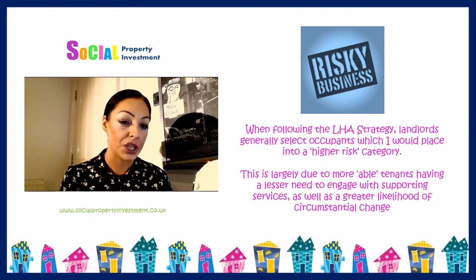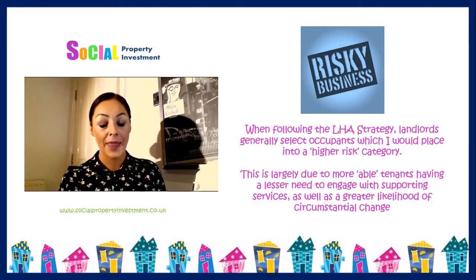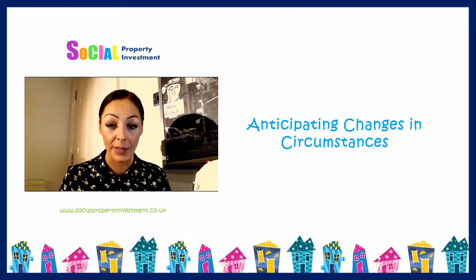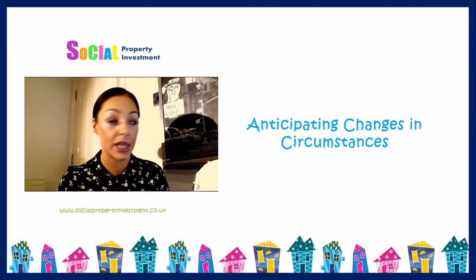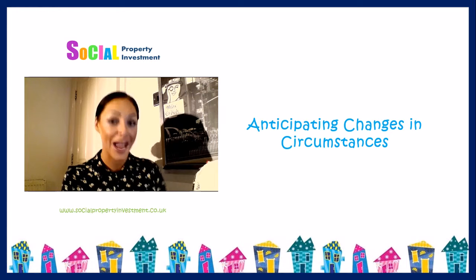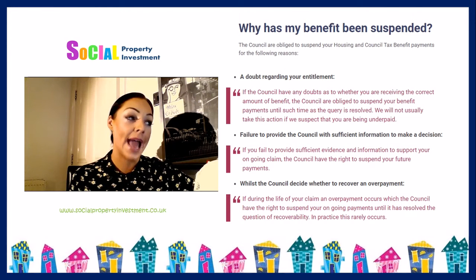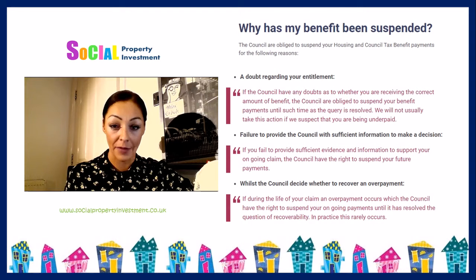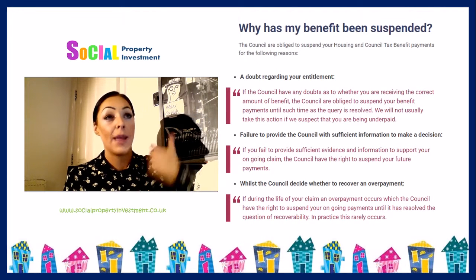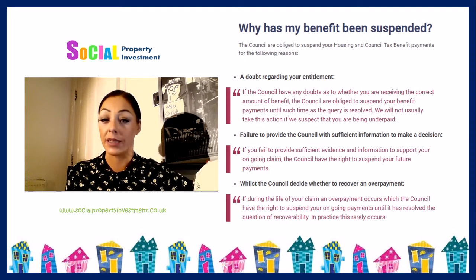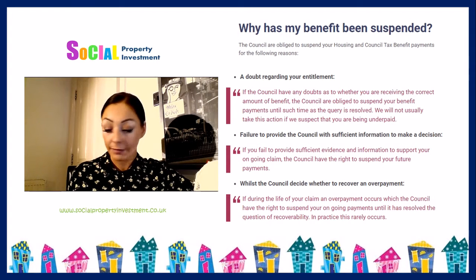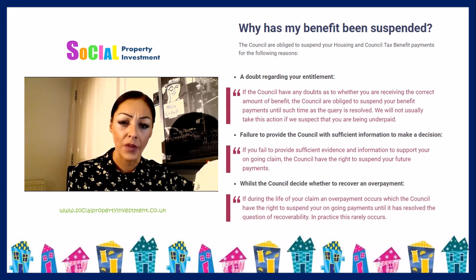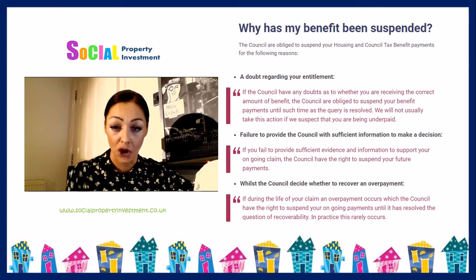Sometimes they're going into 0-hour contracts. They change circumstances all the time, and if you don't inform the council's housing benefit department of the change in circumstances, you are going to end up with disparities in your claim of housing benefit. So you may have a tenant who comes to you on job seekers allowance, moves in, everything's great. Three months later, you get a letter off the council saying that your tenant's been working and the claim's being stopped. You're like, what's going on?